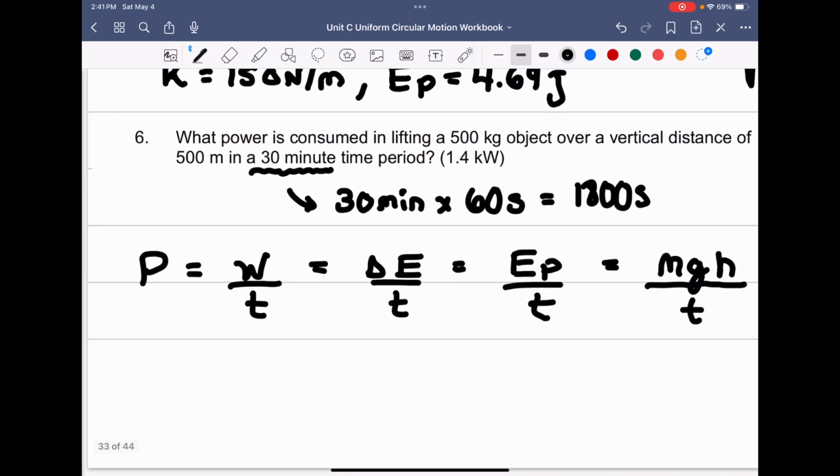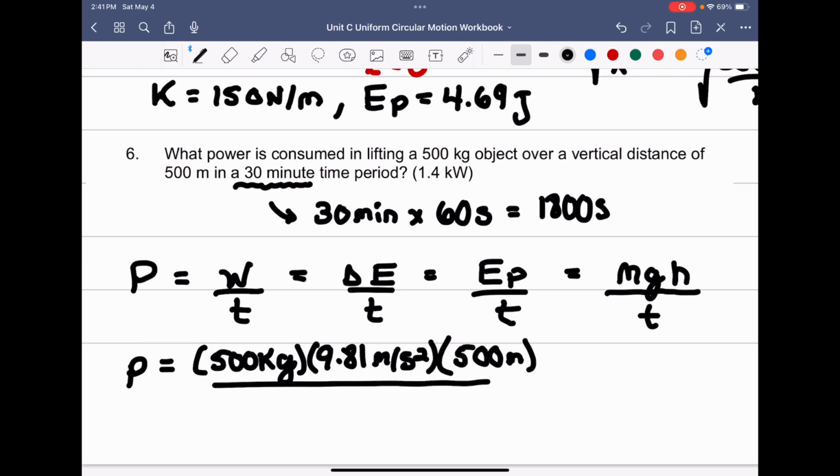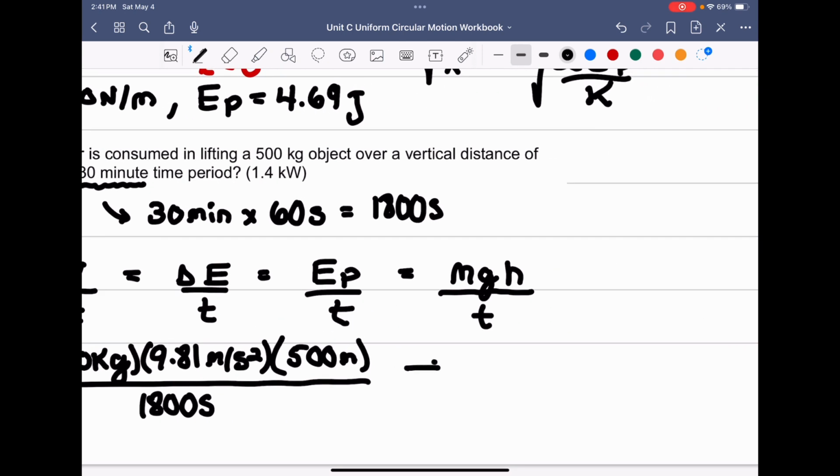And then putting this all into the equation, I'm just going to go below here, P, which is equal to the amount of power is the mass, which is 500 kilograms, multiplied by gravity to get us our weight, 9.81 meters per second squared, multiplied by the height of this object, which they said was a 500 meter distance, divided by the change in time, which we found was 1800 seconds when we converted it to our standard units. And therefore, when we put this all into the calculator, we're going to get a watts value of 1362.5,